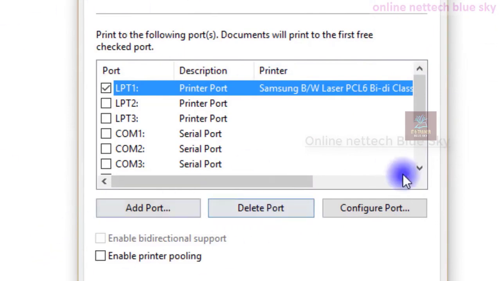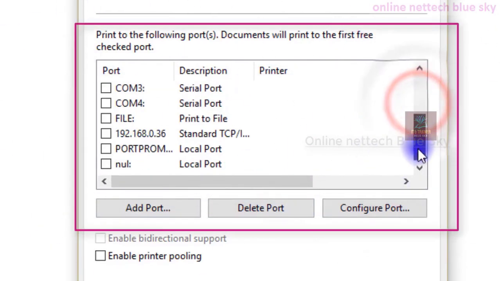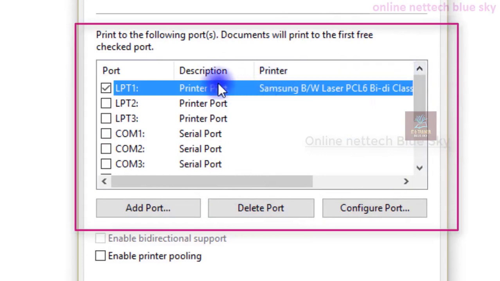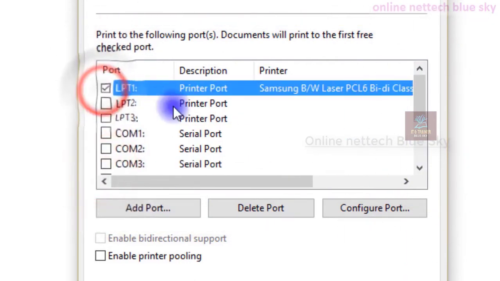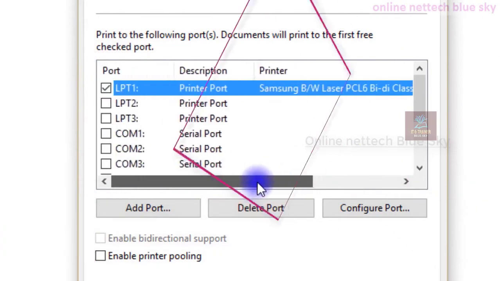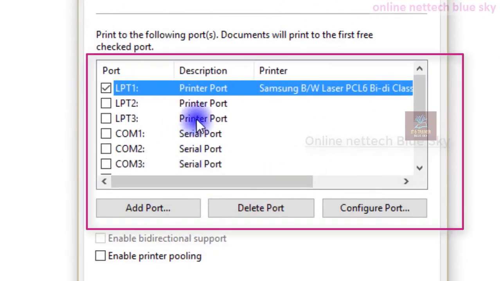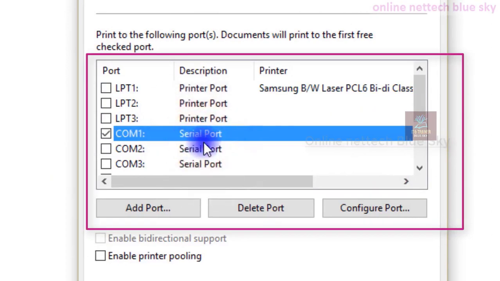So what is a port? Port means one type of communication system, and I will discuss it in more detail in the network video and network series. Just know that these are printer ports: LPT1, LPT2, LPT3, COM1, COM2, COM3. A serial port is what you can see on the back side of your motherboard, the back of your computer.